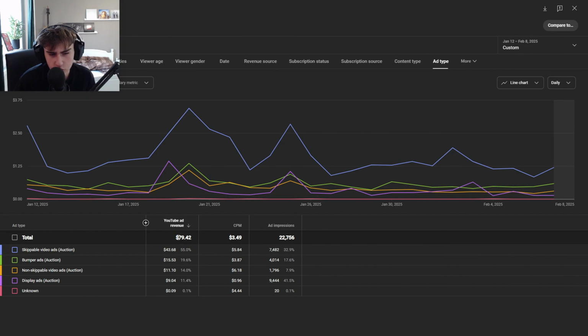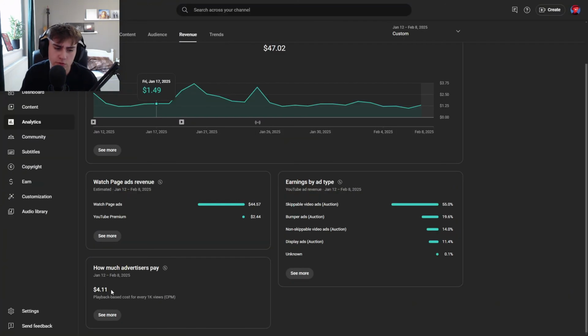And as you can see, YouTube ad revenue is $80, but obviously it can't all just come to me. YouTube has to take their cut as well. And that brings us to my CPM, which is around $4. This depends heavily on your niche, and like I said before, audience demographics. Unfortunately, the gaming niche is one of the lowest CPMs on the whole platform. So relative to some other niches like finance, my CPM is way lower than theirs, but it is what it